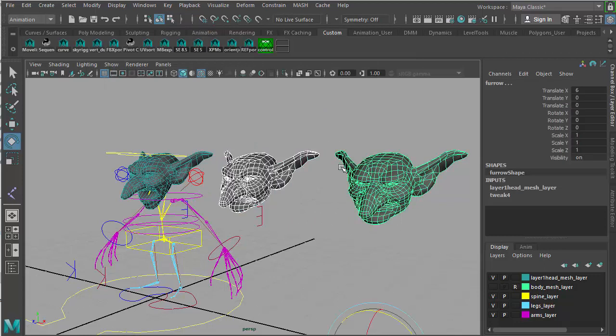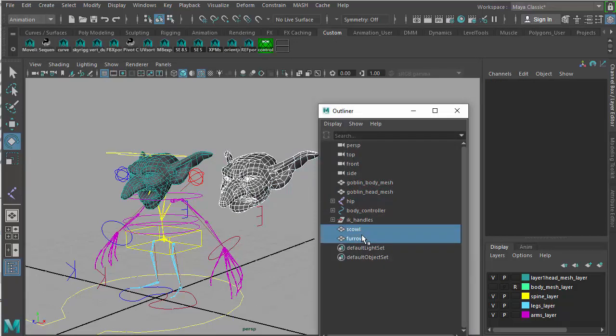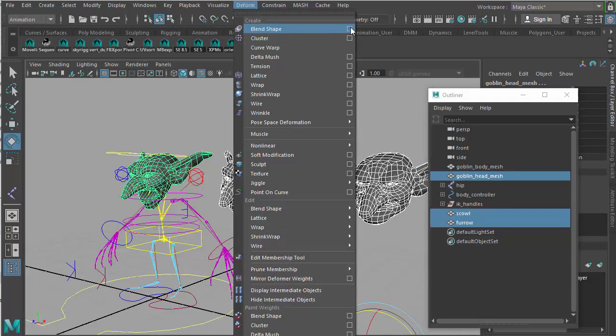And you want to grab the two heads that are your deformed heads, and the last one you want to select is the base head. If you're doing it in the modeling window, use the shift button, left click, and if you're doing this in the outliner, you want to grab the two expressions, and then if you want to select the base head last, you hold down the control key. So with that selected, you want to go out of the rigging mode in Maya and go into animation,